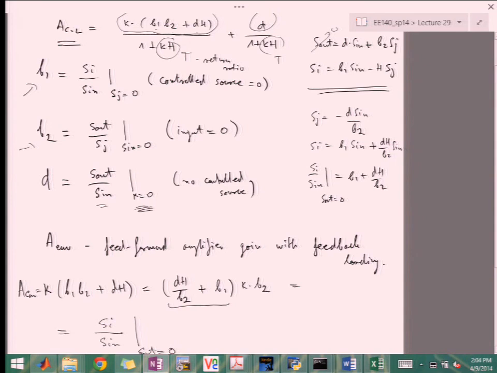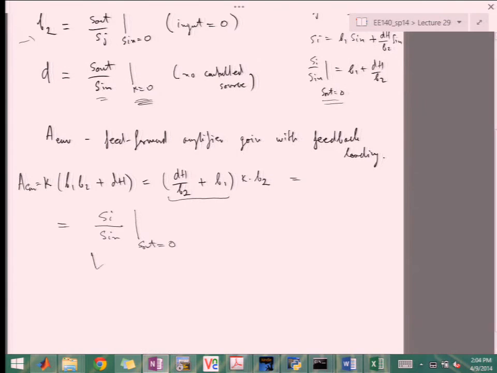Okay? So as long as I can calculate how S in maps into Si, when S out equals 0, I find this gain component. Right. So then I have my K, which is, or maybe I should